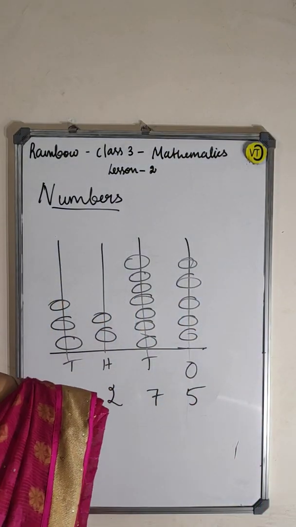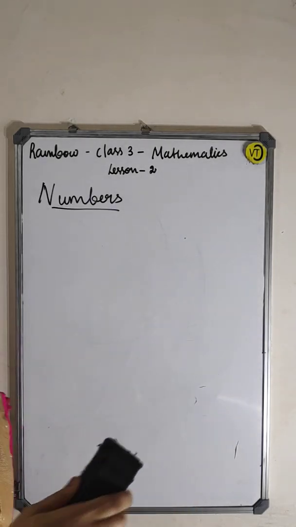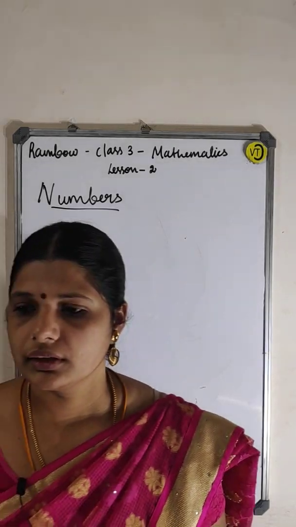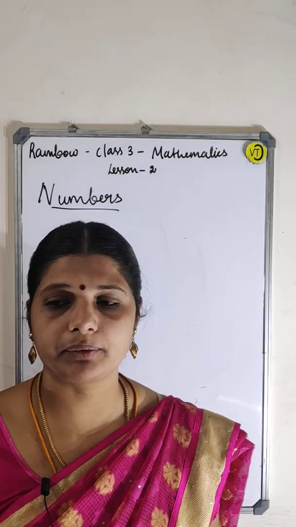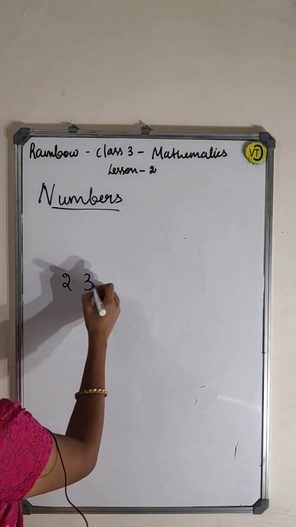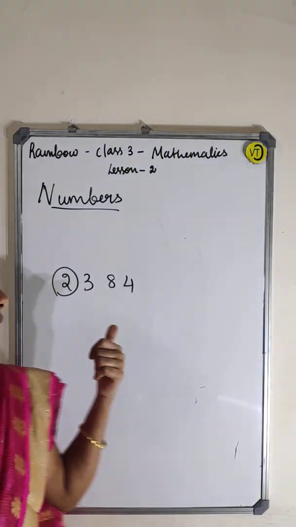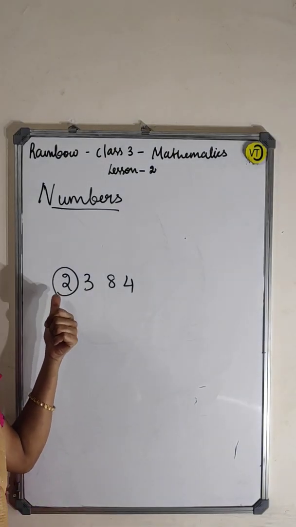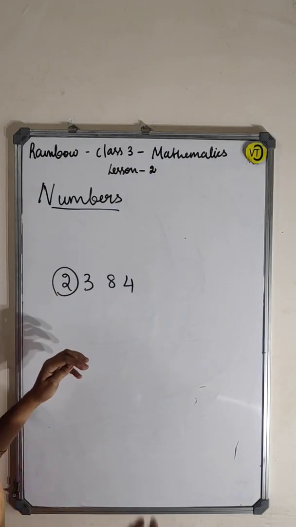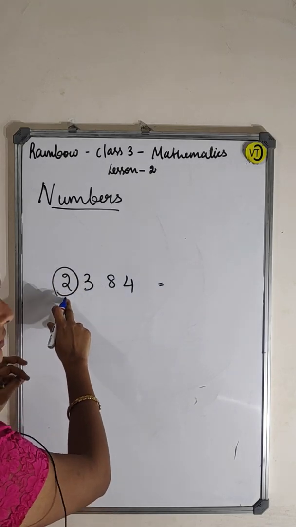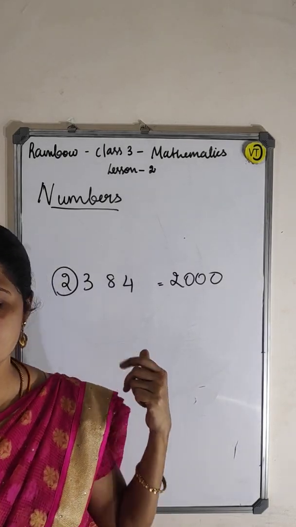The next thing is, now you tell me, I will give you a number, right? That number, what is the place value of a particular digit? See here, now it is 2384. What is the place value of 2 here? I have circled one number, right? Give the place value of the circled digit. Now which number did I circle? It is 2 now. So it is ones, tens, hundreds, thousands. It is 2000. The place value of 2 is 2000.